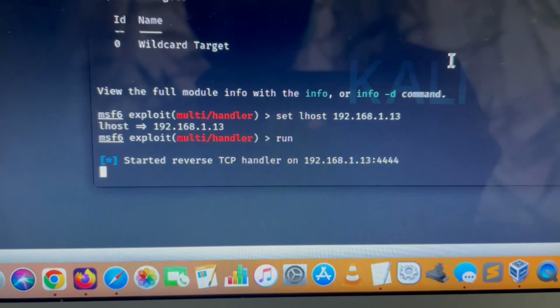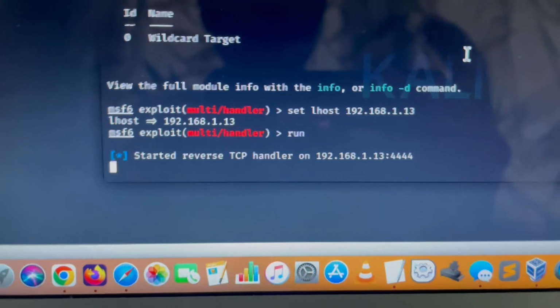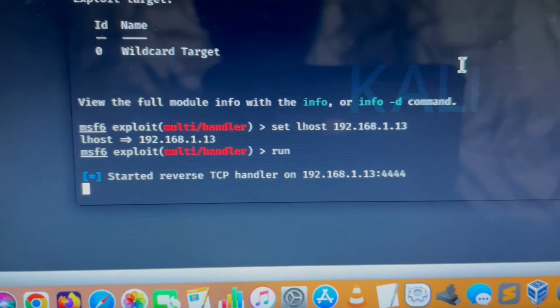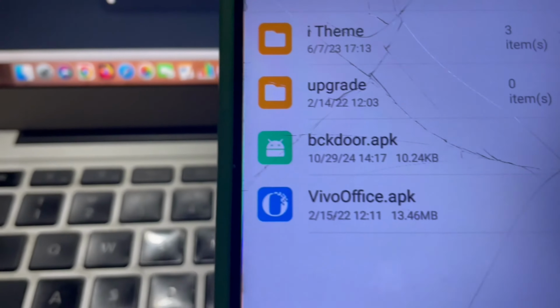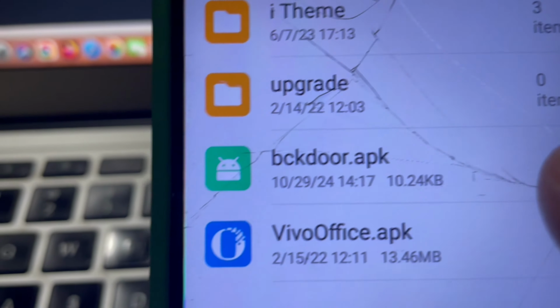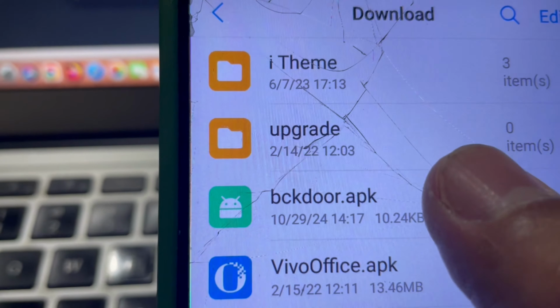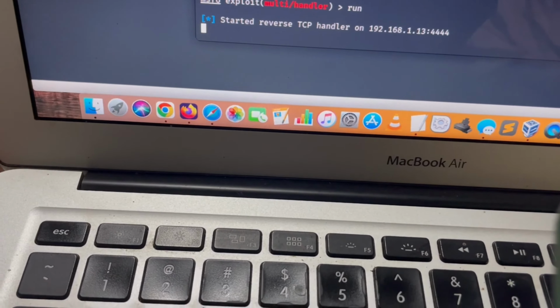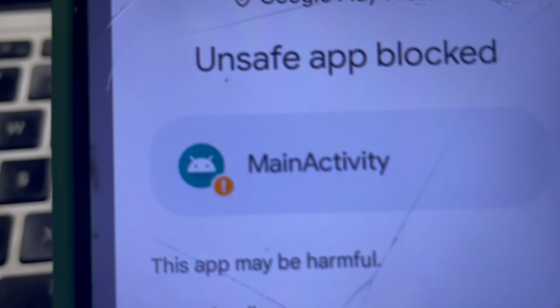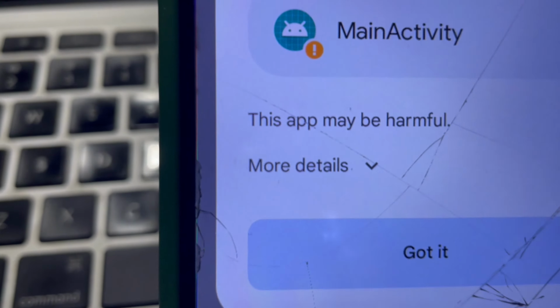Okay, so while the computer is listening for any communication from the Android, we will go back here in our Android phone. We will install this one. This app may be harmful.